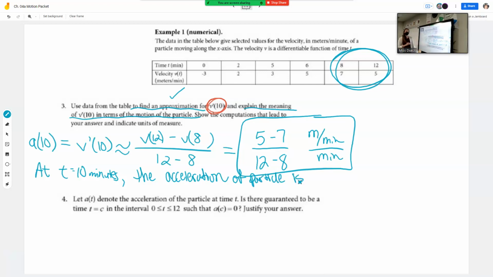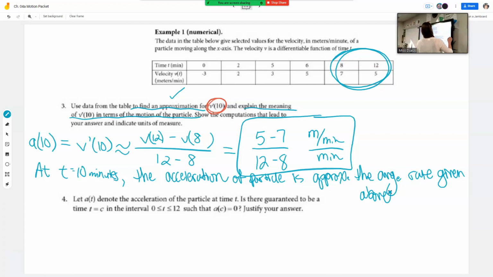is, I can't put numbers yet, but what can I put? What should I put first? Is, starts with an A and ends with approximately. Right? I can't say it is this. I don't know if it is this, but what can I say? That's one way of saying it. The acceleration is approximately the average rate given above, the average rate of velocity given above.